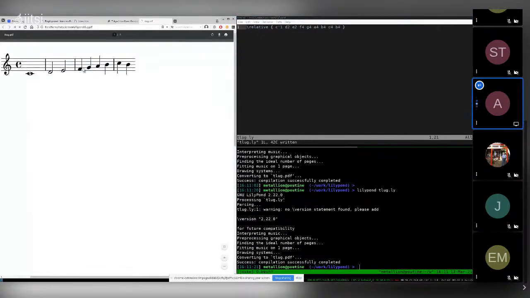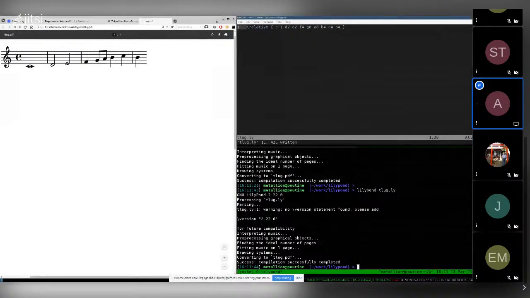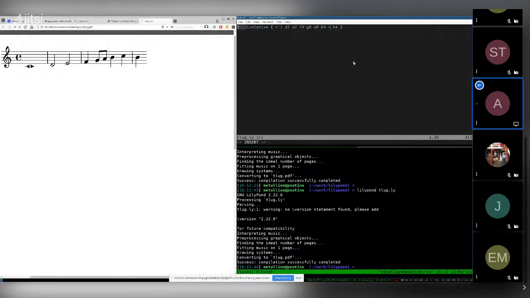And then for the next measure, we want to get a little bit more fancy. Let's say 4th note first, then maybe 2 8th notes. What'll this look like? Got a couple 8th notes here. And then maybe we want some 16th notes in there too. Let's say we want 4 of them in there.